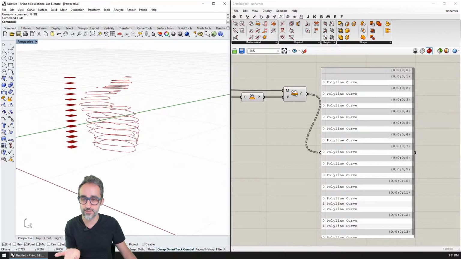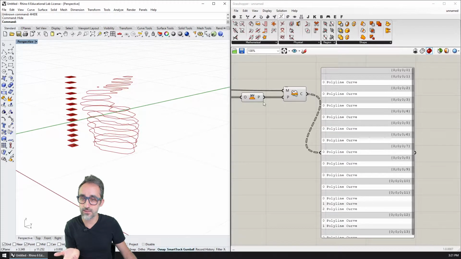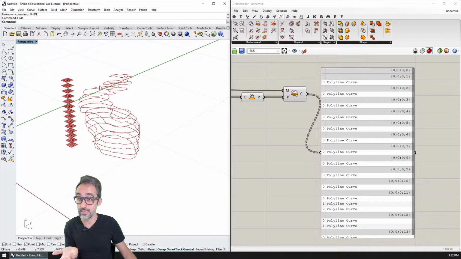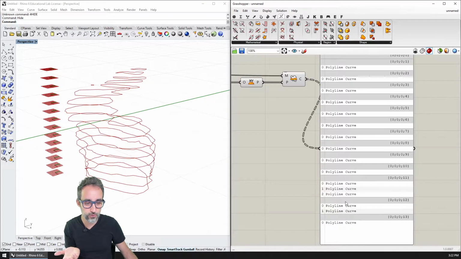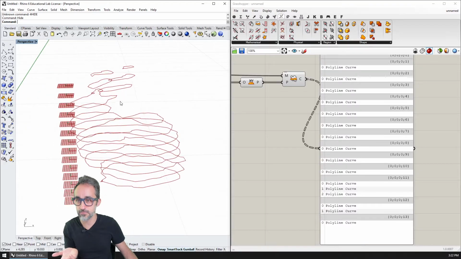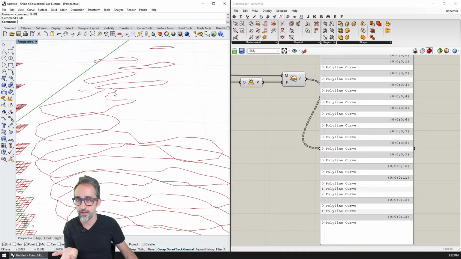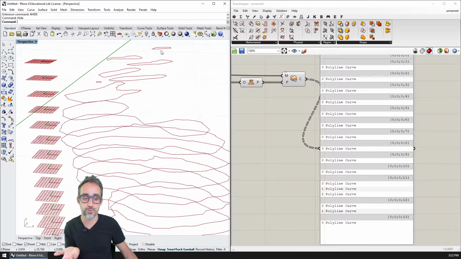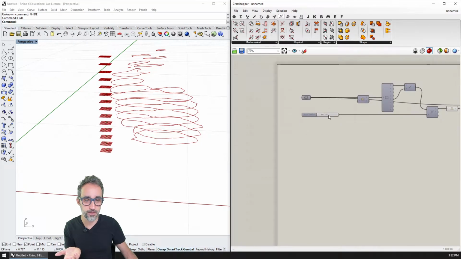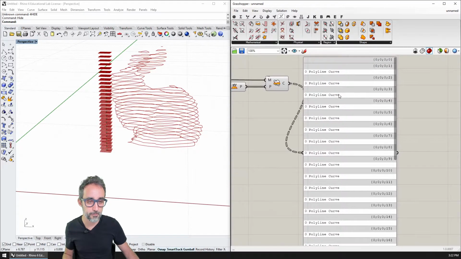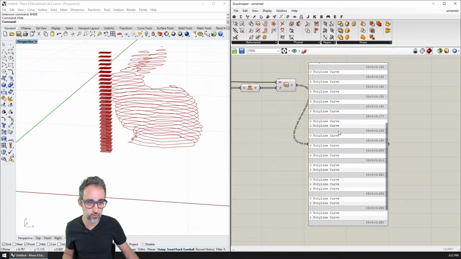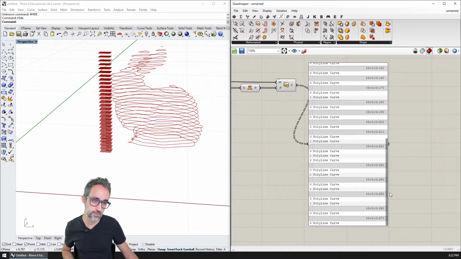Then most of the branches of the bunny are single contours with one polyline curve. However, as soon as we get to the head and to the ears, we start getting branches that have 3 polylines, 2 polylines, and 1 polyline. So you can see, for example, that this one here has this one, and this polyline. These ears, they have 2 polylines, and this one has just 1. And if I change the number of cuts, we're basically going into a similar situation, right? Where now I have here 2, 1, 1, 2, 1, 2, 3, etc.